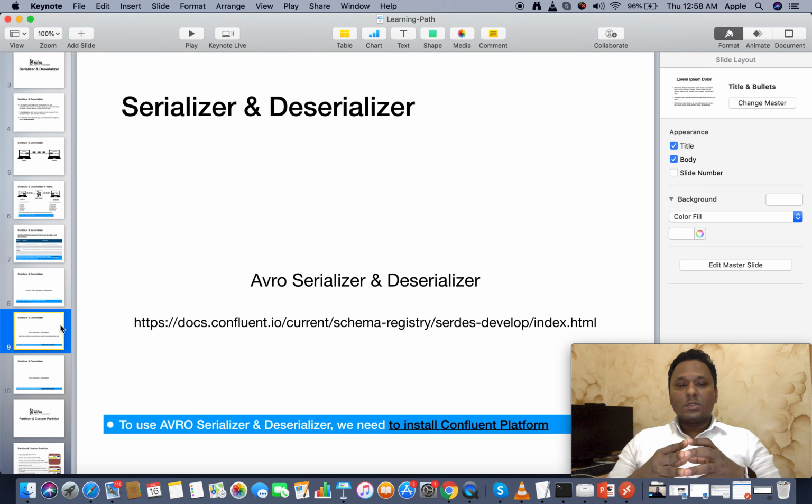So for learning purposes, we will install that Confluent platform, and we will write a producer API using the Avro serializer: how to use the Avro serializer, how to send data in the form of Avro, and how we can consume this Avro serializer data. In the next video, we will learn these things. So thank you very much for this. Hope this video is clear on the topic, and well enough to understand the concept of serializers,